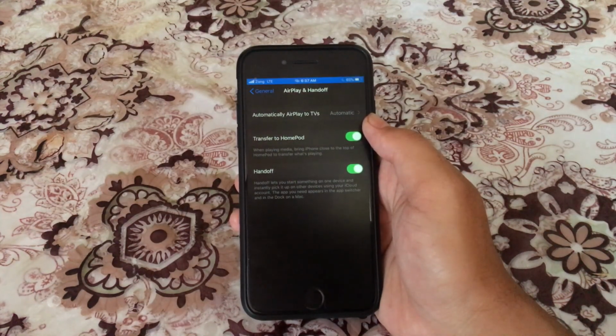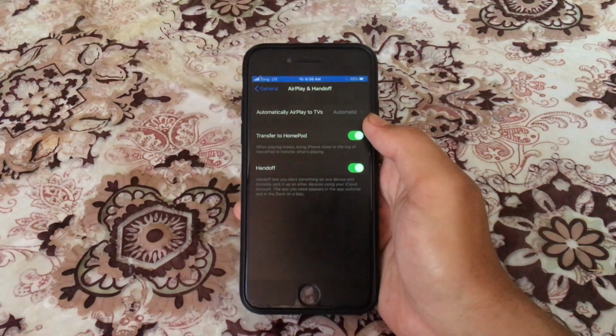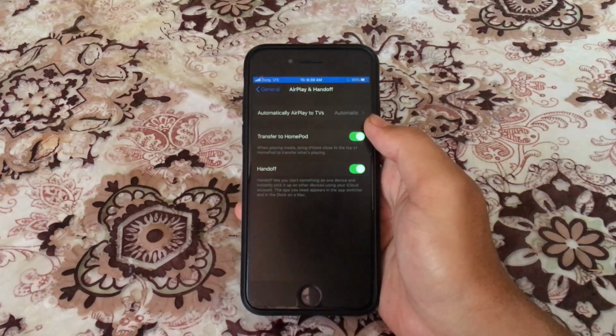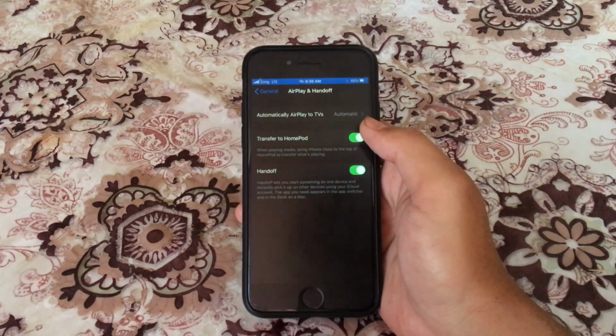The only issue with this feature is that if you are in a phone call, it will continue asking you if you want to transfer that call to the HomePod if you walk by the HomePod while you are speaking, or if you are listening to music around the house and you walk by the HomePod, it will ask you if you want to transfer that music, and that notification continues to come and it's sort of annoying, so I do turn off transfer to HomePod.